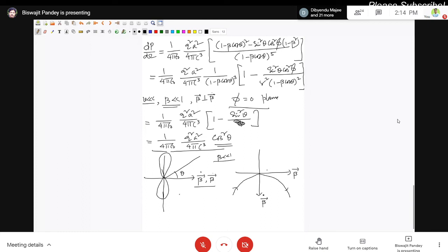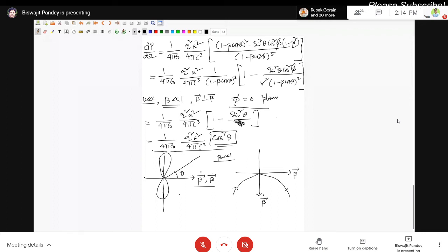So in this case, look at this formula. We have simplified this formula for non-relativistic motion by putting beta much less than 1. We got this one. So this time it is proportional to cos square theta. It is of course proportional to a square. That kind of dependence is already there, but this depends on cos square theta. And what is theta? If you remember